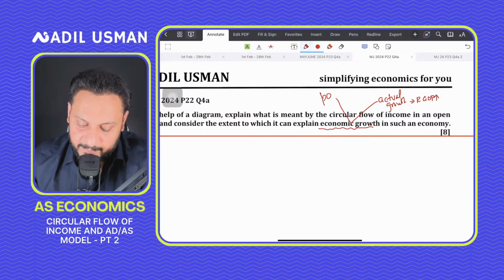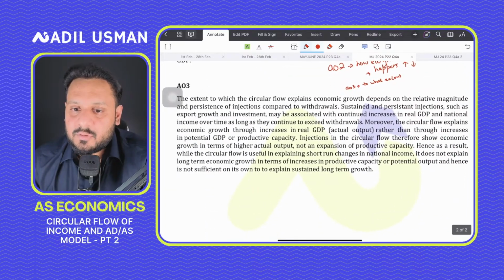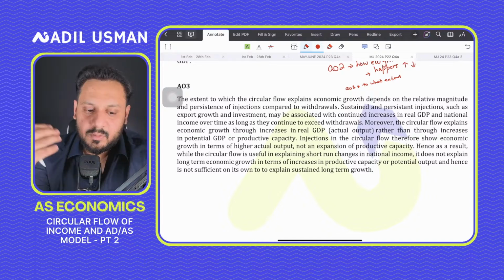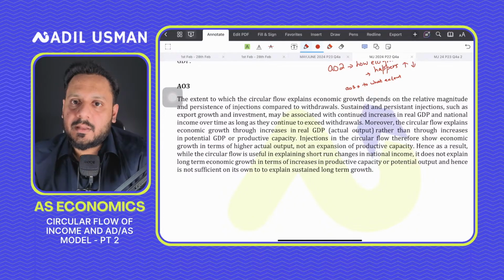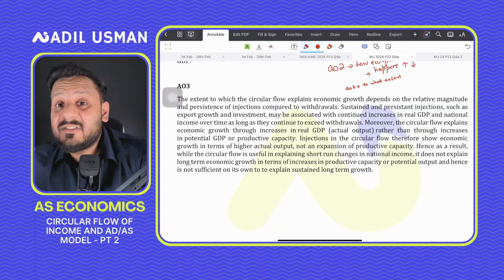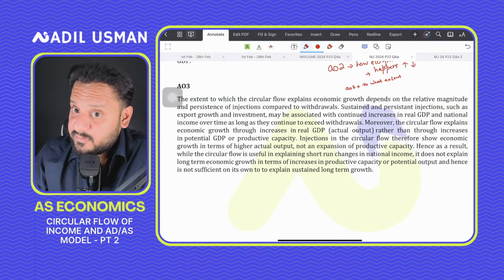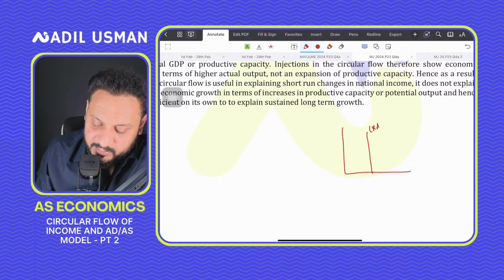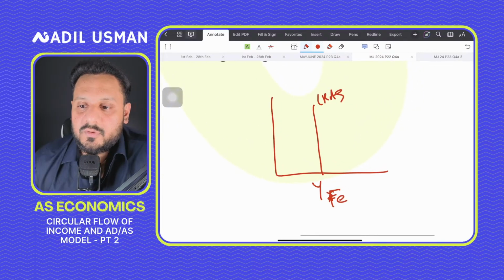यहाँ पे बात सारी ये है कि circular flow का जो model है, that fails to explain potential growth, it does explain actual growth. यानी circular flow tells us whether economic growth goes up and down, but it only talks about actual growth. It doesn't talk about the potential growth, because potential growth in an economy, or potential real GDP, which is reflected by the LRAS, you have to understand this. Your potential real GDP, which is actually your LRAS, or you can say YFE. So